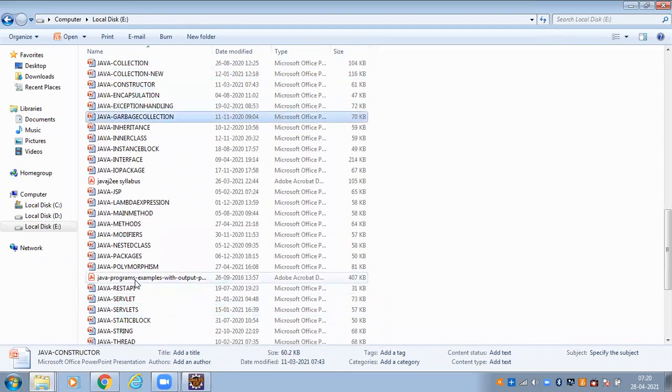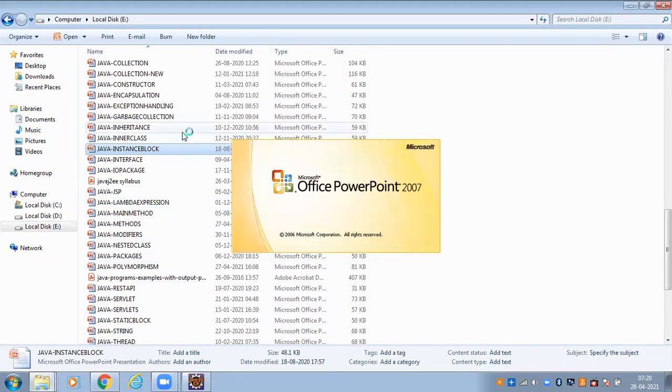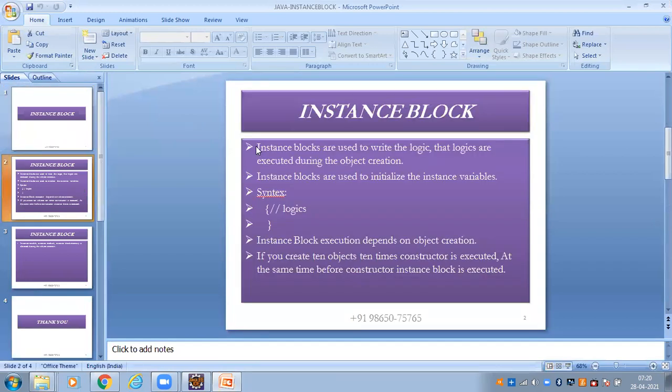What is an instance block? See, this is the instance block. Instance blocks are used to write logic.